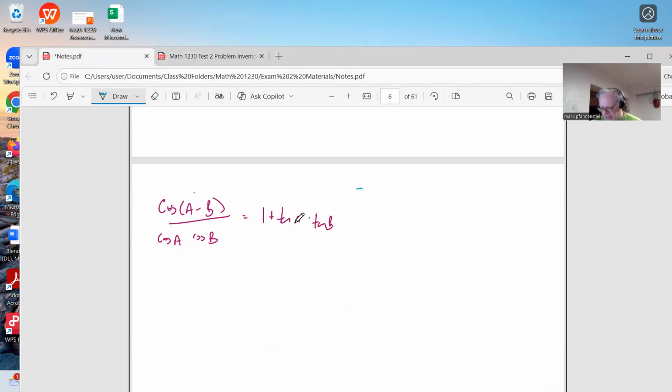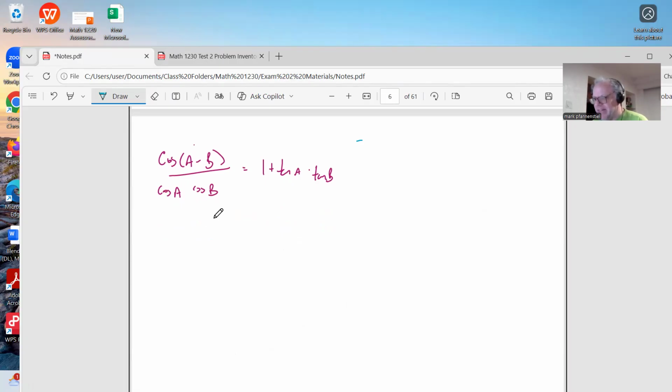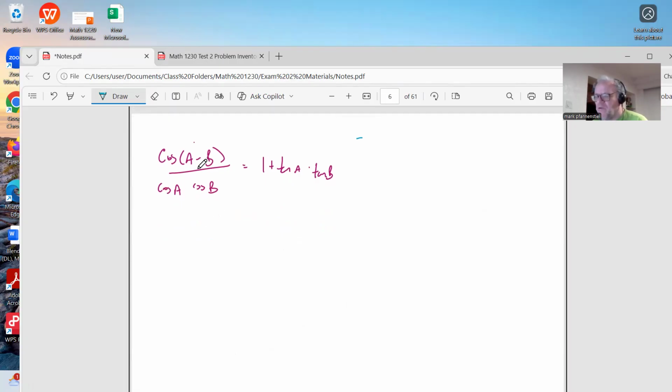We are going to be looking at how to do an identity. So what we're looking at here is cosine (A minus B) divided by cosine A cosine B is equal to this thing right here. The thing about identities is you have to pick a side and start with that. Since there's more to do with the left-hand side, usually the left-hand side is the thing that you're supposed to start on. It doesn't really matter, but when in doubt,